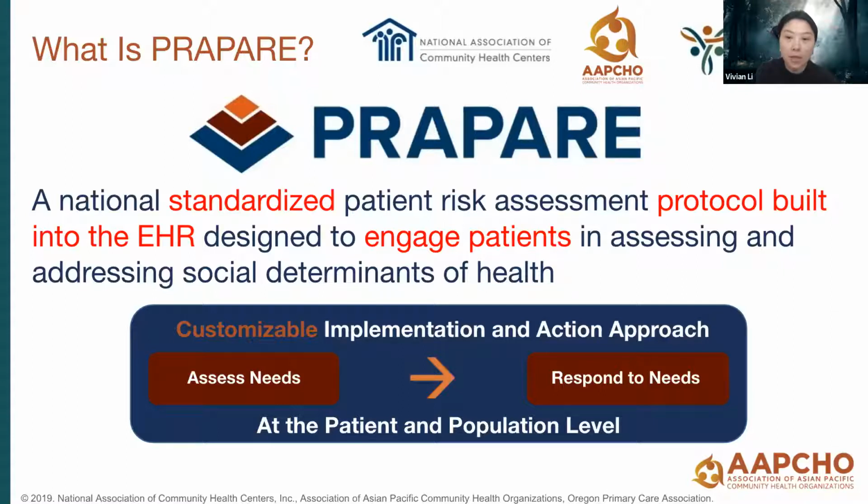Actually, according to the 2019 UDS data, about half of the health centers that used an SDOH screening tool were using PRAPARE. PRAPARE was designed to engage patients in assessing and addressing SDOH. PRAPARE is evidence-based and stakeholder-driven, containing measures on 21 different SDOH factors that align with national initiatives such as the IOM recommendations and maps to other coding systems, including the ICD-10 code, SNOMED, and LOINC. And PRAPARE has been translated into 26 different languages. And PRAPARE includes 17 core and 4 optional questions.